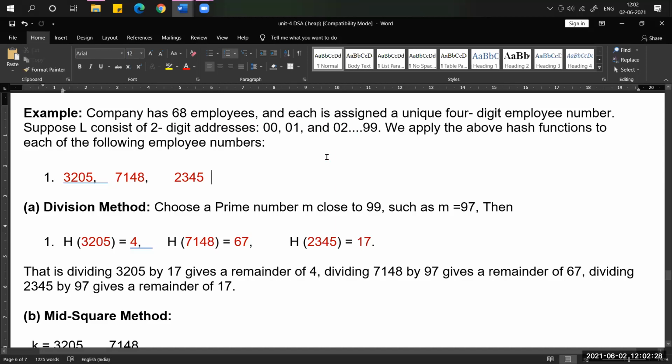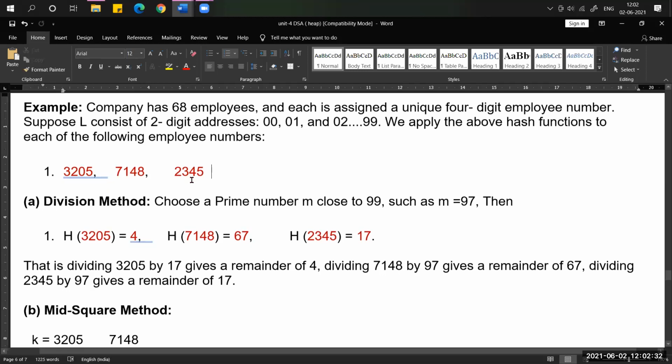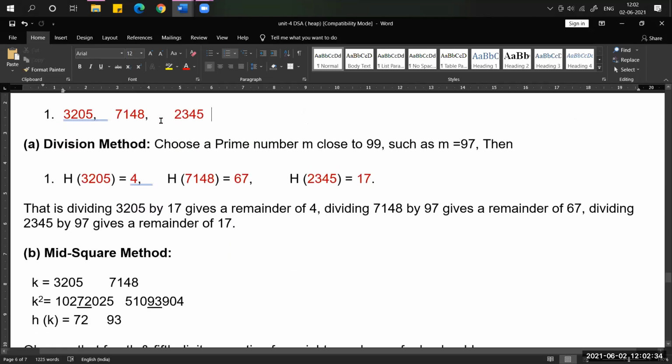For example, here I am taking 3 employee IDs. Now we need to find the location address, or index, for these 3 employees.